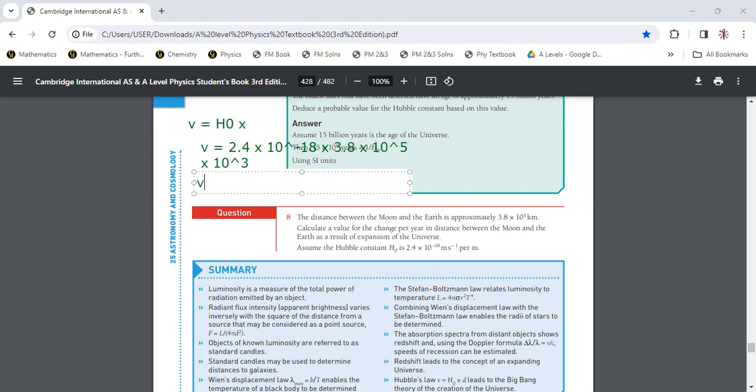In the end, we'll get our v, which is equal to 9.12 times 10 to the power of negative 10 meters per second. So they want to ask, how far is the moon moving away from Earth per year? So you will need to multiply this by 60 and by 60 and by 24 and by 365. So we will get our value of